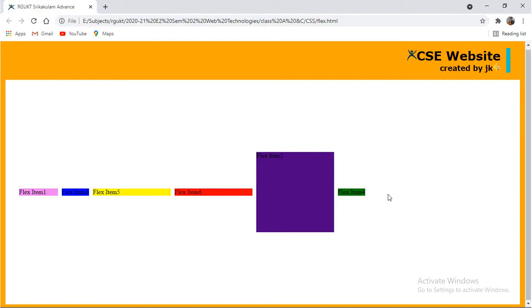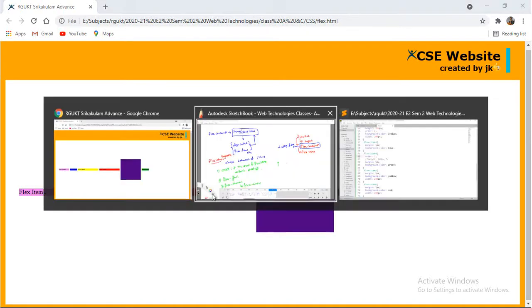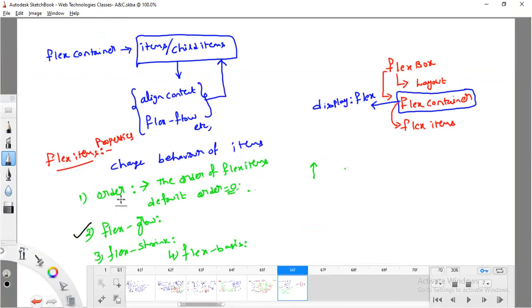Yes, that means I can place n number of items, at most a sufficient number of items. Fine. I don't want to leave this space here and this space here. Instead, I would like to distribute these items into this unallocated space also. At that time, what I can do is grow an element's size, and we can do that with the help of the flex grow property.